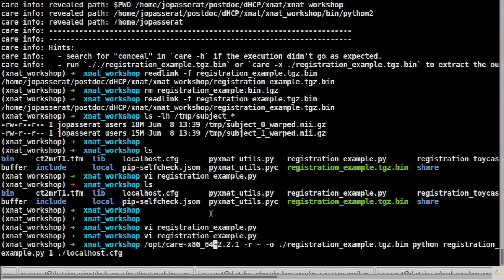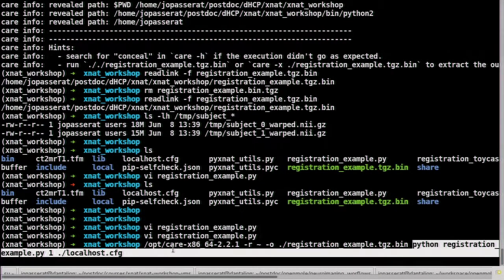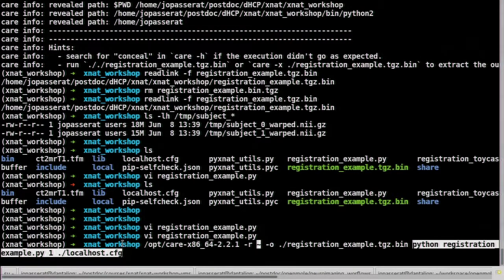I run this command line. If you forget about all the beginning, and I just highlight the rest, this is basically calling a Python script from the command line as you would do anytime. This would be the regular call of your application. Now, just prefixing it with the call to CARE and telling it to generate this archive in the local folder